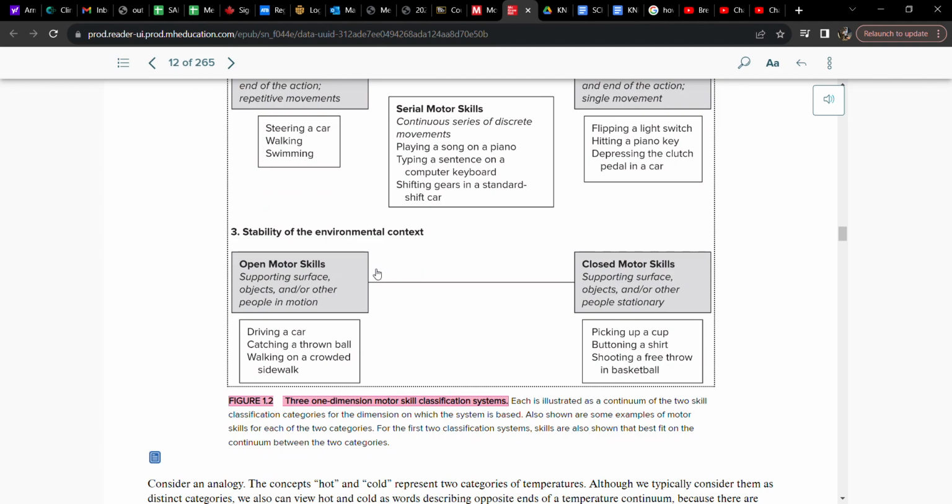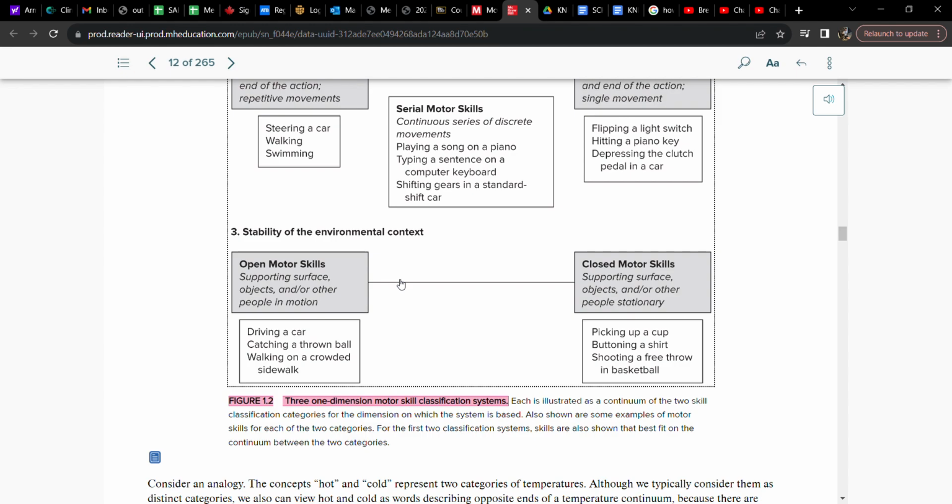This is saying, what's the stability of the environmental context? If the environment is really unpredictable, like when you're driving a car, right? Everything's moving around you, everything's a little bit different. Even if you drove the same path every day, things are a little bit different. The environment's changing. Versus a closed motor skill, like drinking a cup